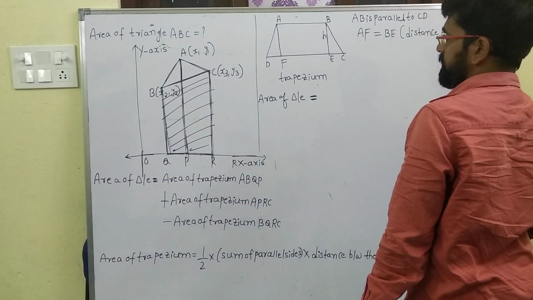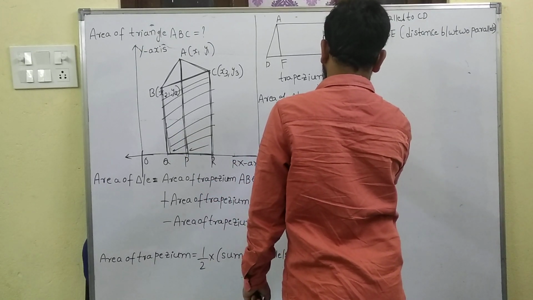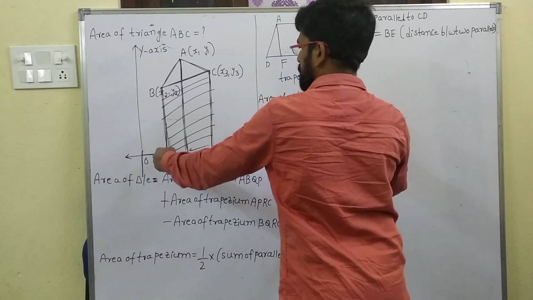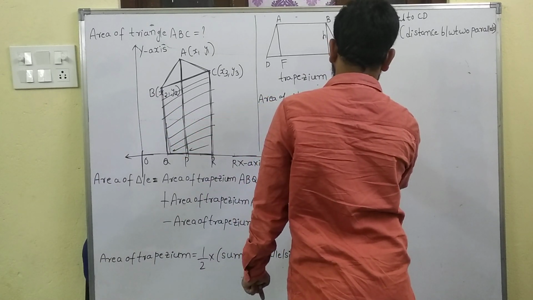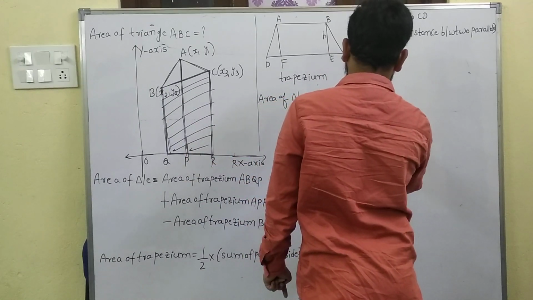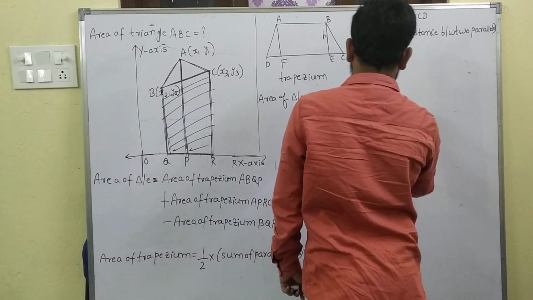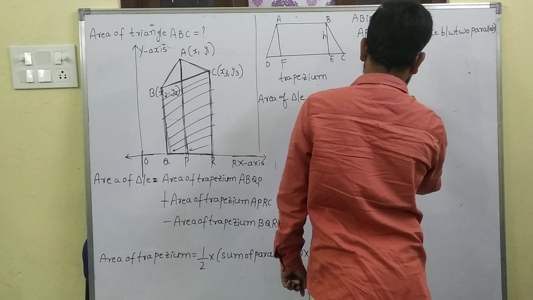What are the parallel lines? Half into, the parallel lines BQ plus AP, and the distance between them is QP, plus